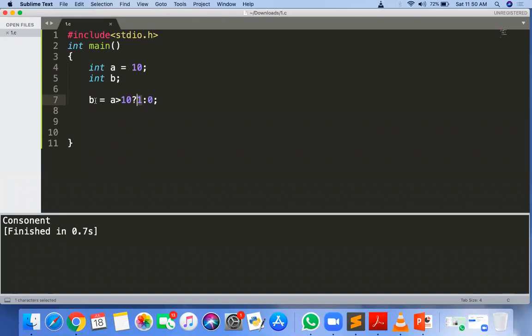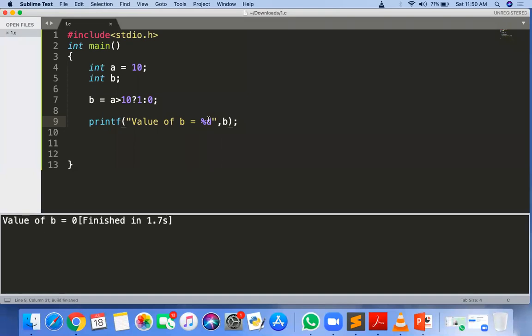So here b is 1 or 0 depending on the value of a. Can you determine the value of b here? Whatever I told you. 0, sir. What is the value of b? It is 0. Value of b is 0.